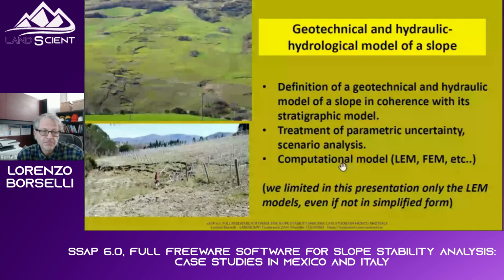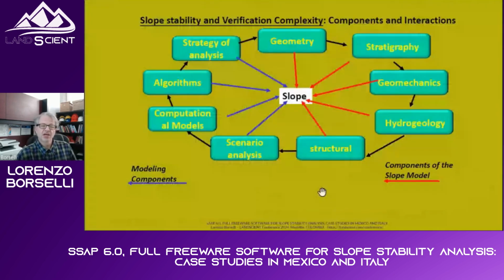Slope stability and its verification is extremely complex because we have interaction of all kinds of components. Some of the components are related to geometry, stratigraphy, hydrogeology, geomechanics, and others are the kind of model you use. For that reason,